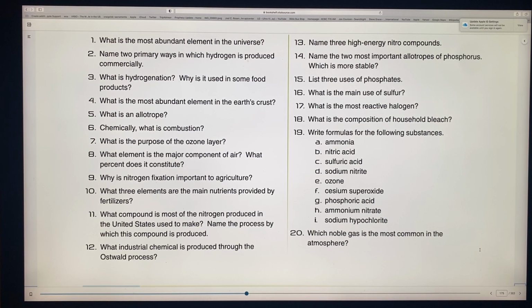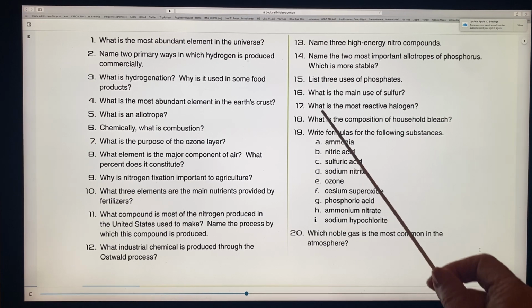List 3 uses of phosphates. What are phosphates used for? Can you remember some of those things? Well, they're used to manufacture matches for sure, the synthesis of phosphoric acid and detergents, and ammunition and bullets and bombs. Also, phosphorus is in our cells. ATP has phosphorus in it. Fertilizer, we went over that too, can be phosphorus. Remember, it's nitrogen, phosphorus, and potassium.